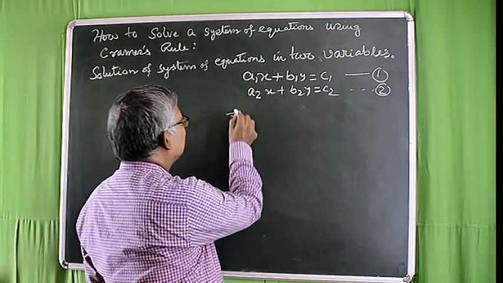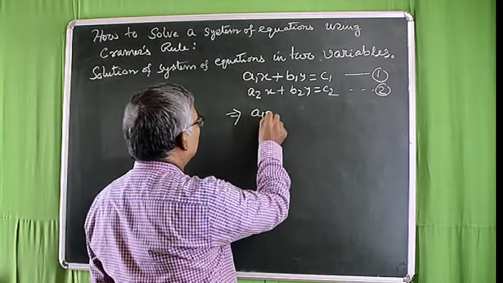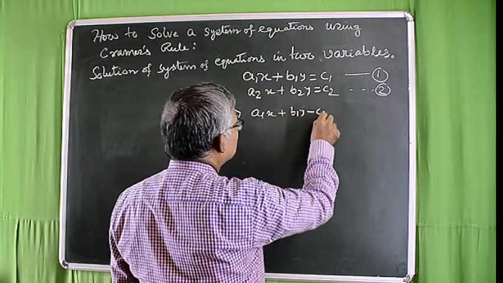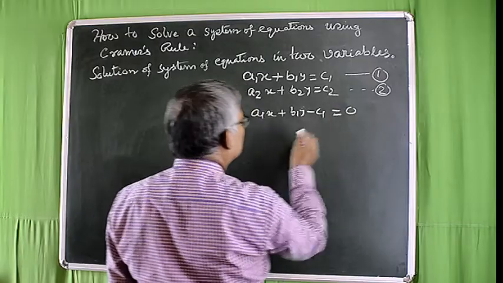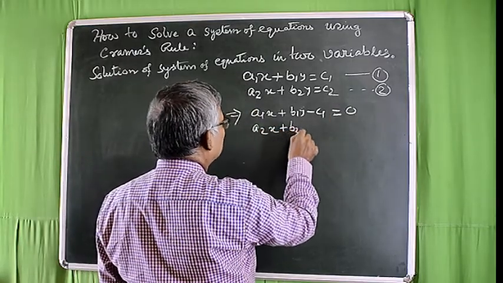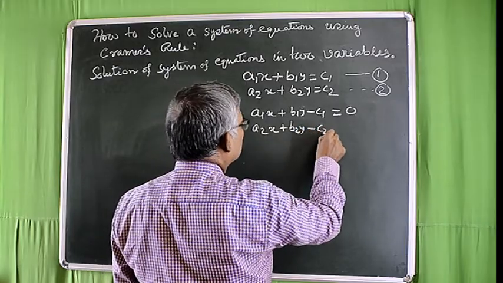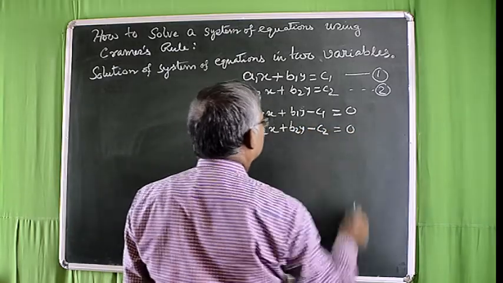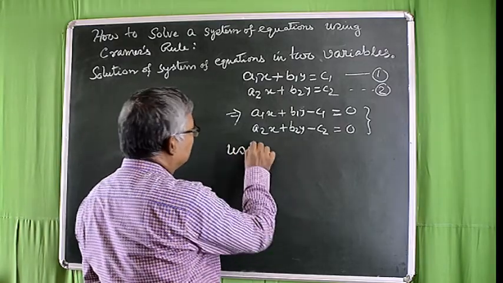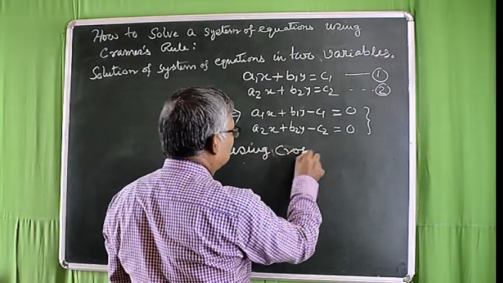So we can write a1x plus b1y minus c1 equal to 0 and a2x plus b2y minus c2 equal to 0. So using cross multiplication method,